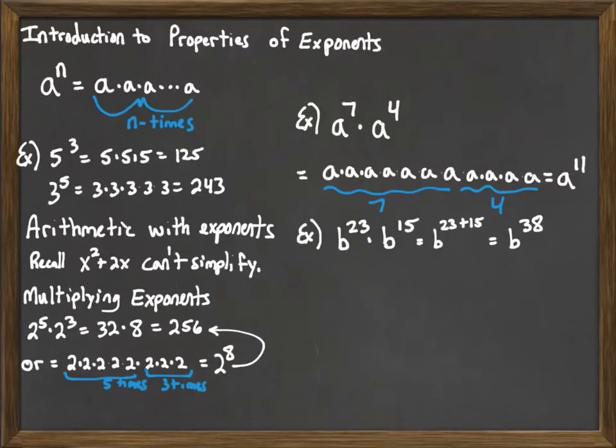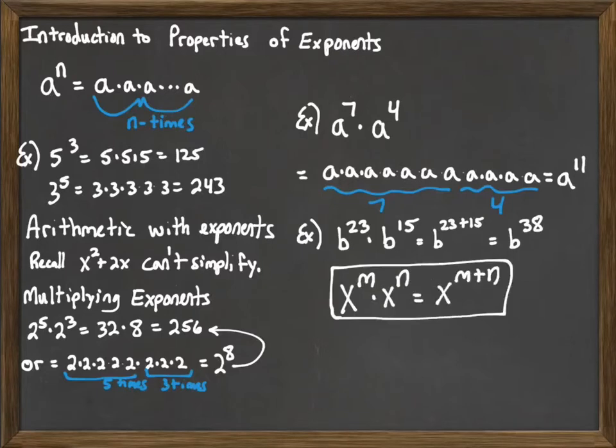So in the last video we started to look at multiplying things with exponents and how we can simplify it. And what we saw in the couple of examples we've done is that we actually add the exponents together. And so that's our first rule here. When we are multiplying stuff with exponents,